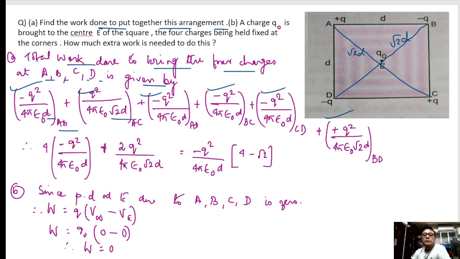So distance between B and C is D, and the charges are Q and minus Q. Distance between C and D is D, and charges are Q and minus Q. Distance between B and D is root 2D, and charges are Q and Q. So on simplification we get the total energy of the system. Now they are telling